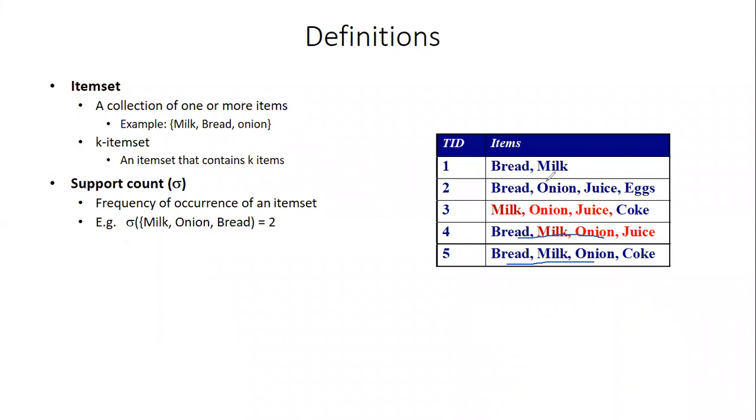Then here milk, bread is there, onion is not there. Milk, onion is there, but bread is not there. Milk, onion, juice is there. So how many transactions have this combination? Two transactions. So that we call the support count, the frequency of occurrences of an item set in the transaction database. This is the transaction database, and the count is 2 here. Next we have